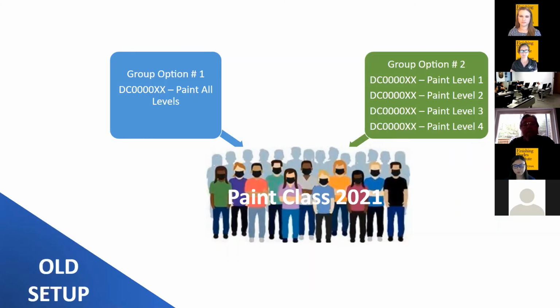Let's say we have a group of 11 painters. So we had 2 options. Either we give them all the classes. So some district councils, let's say, give them all the curriculum from level 1 to 4. But most of the district councils are using option 2, where they have different levels, different semesters, and they assign it to the class.